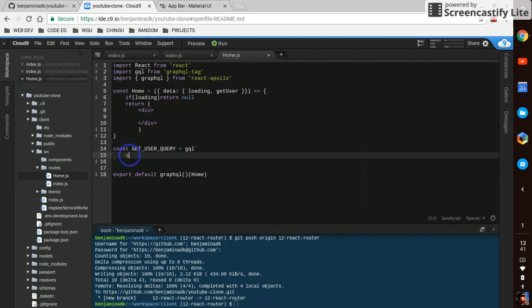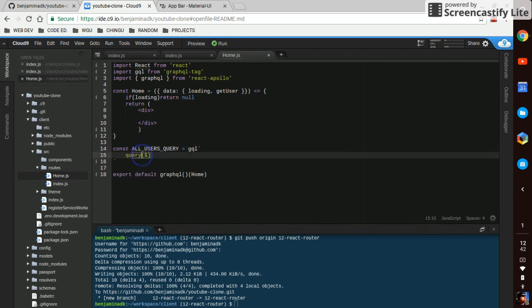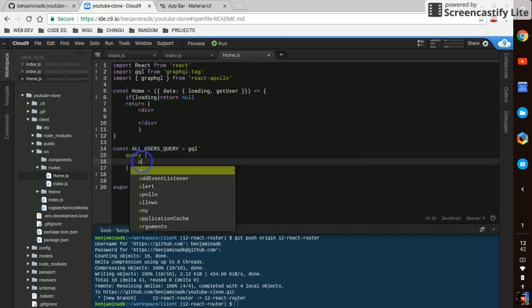And we're going to do a query. Actually, it's going to be better if we do an all users query. We don't need any special variables for this one. We just say allUsers,